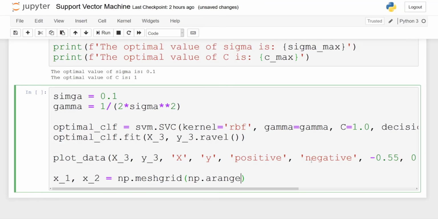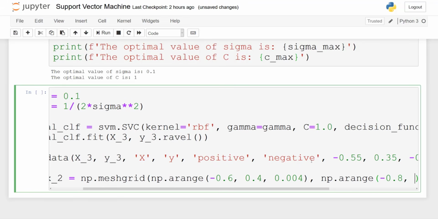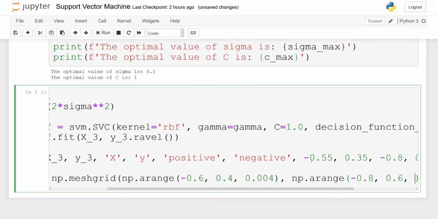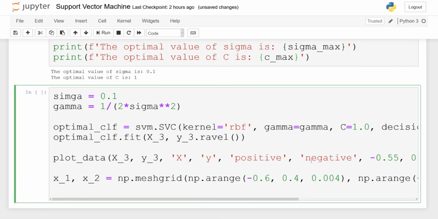Pass in np.arange from -0.6 to 0.4, and we'll take steps of 0.004 to make it smooth, and np.arange from -0.8 to 0.6 in steps of 0.004.